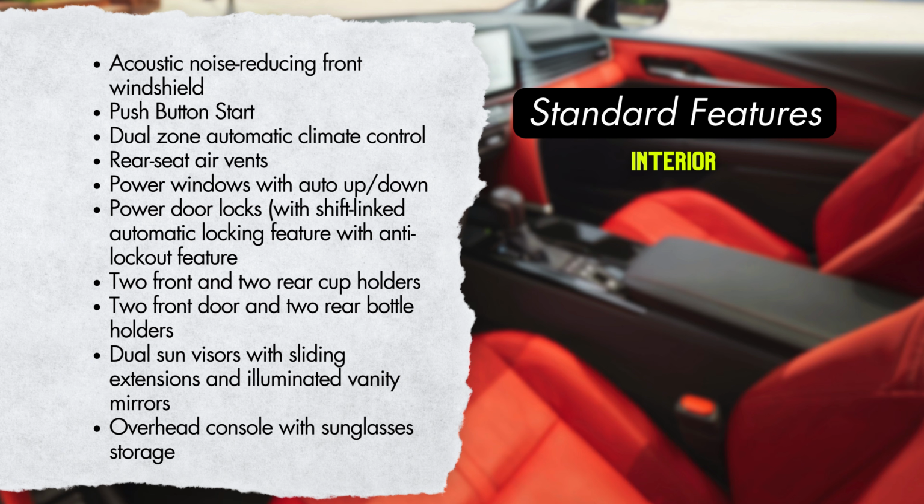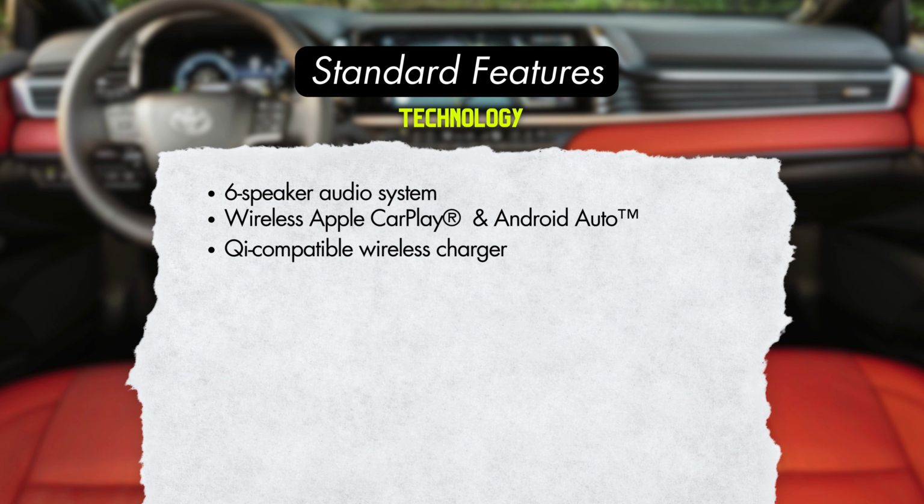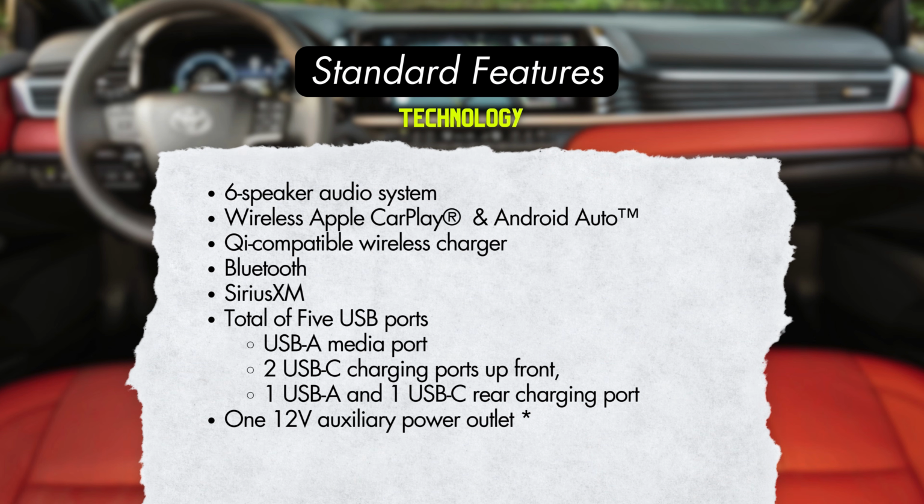windows with auto up-down, power door locks, 2 front and 2 rear cup holders, and 2 front door and 2 rear door bottle holders. Dual sun visors with sliding extensions and illuminated vanity mirrors, and an overhead console with sunglass storage. For connectivity, all Camrys will feature a 6-speaker audio system as standard, but you will get wireless Apple CarPlay